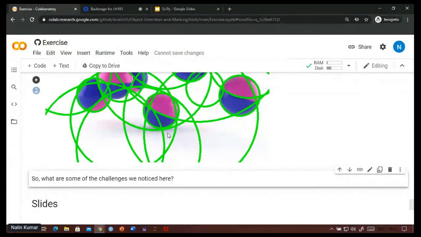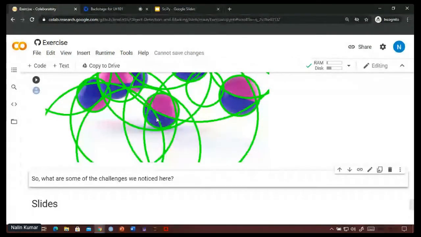So overlaps, different colors, designs, like some balls have a variety of designs on them, or even if they're of the same color, due to lighting or something, some of the pixels in between the balls are not in alignment with the neighboring pixels in terms of color.